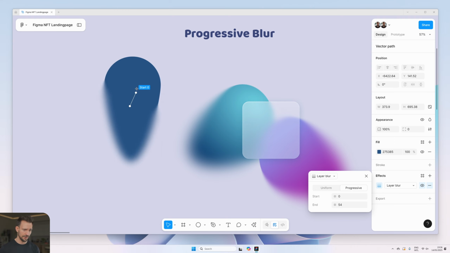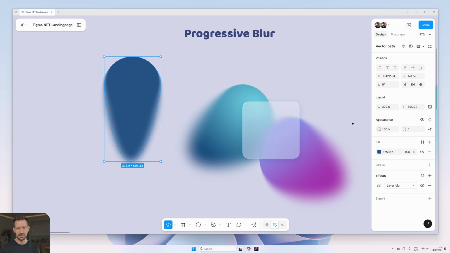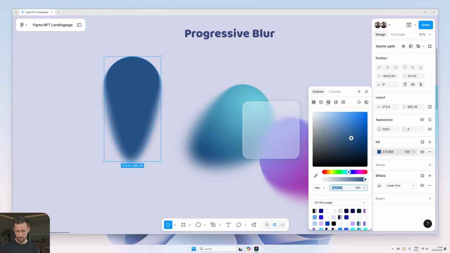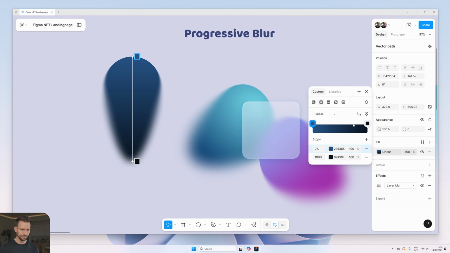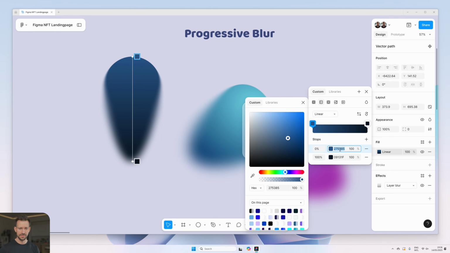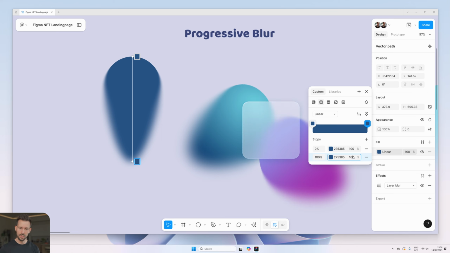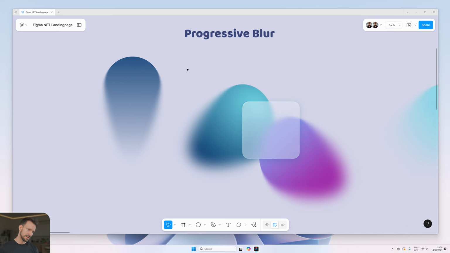Nice. Okay, for the effect, let's put it somewhere here so that we have kind of a hard shadow at the beginning and fade out to the end. If we then combine it with a small linear gradient, here we are. Okay, don't make it dark. Use the same color for the gradient as for the original color and put it to 0. And here we have our